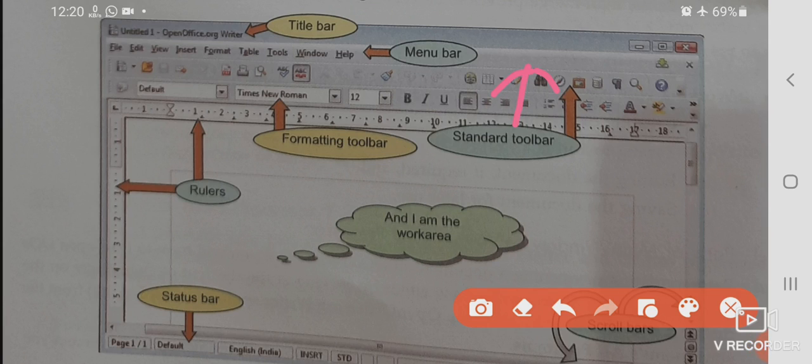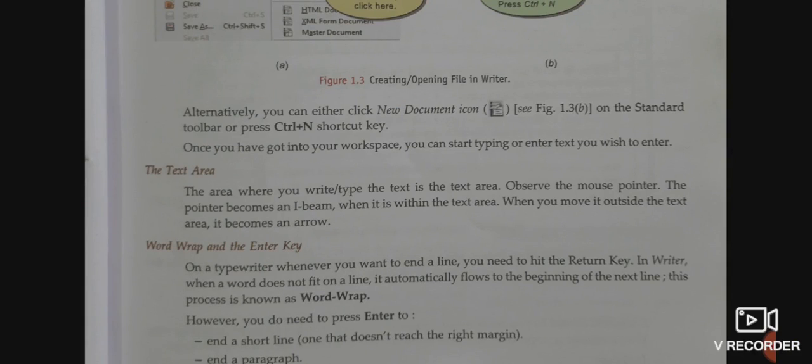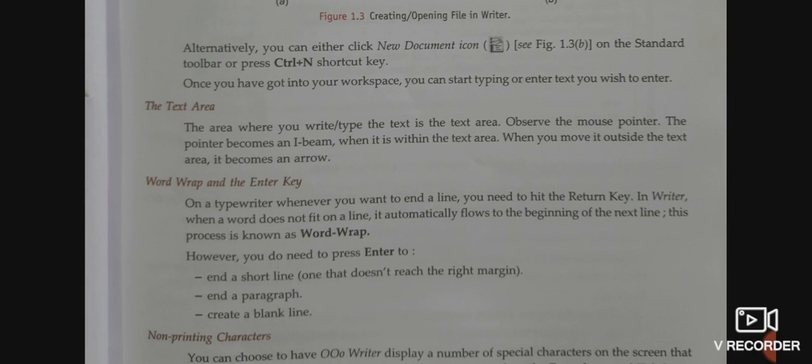But when you bring it onto the workspace, it becomes like a cursor. So children, the area where you write or type the text is your work area or text area. Observe the mouse pointer: it becomes an I-beam when it is within the text area, and when you move outside, it becomes an arrow, as I told you.